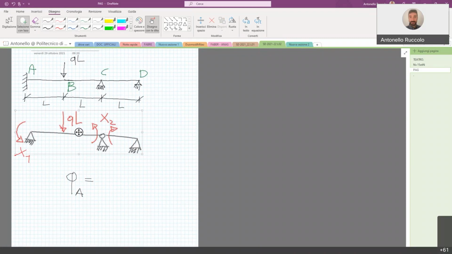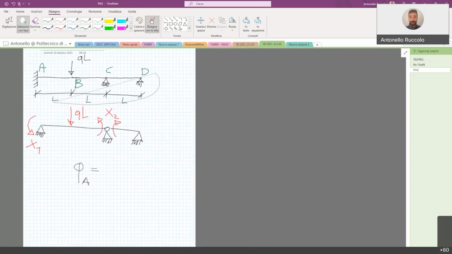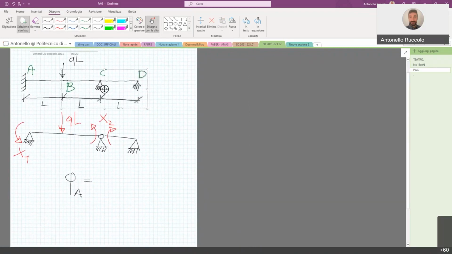Because we all agree that this structure is different from this one. Okay? But we have to solve the second one in order to find the solution that is the same as the first structure. So we have to impose some compatibility equations, and the first compatibility equation is